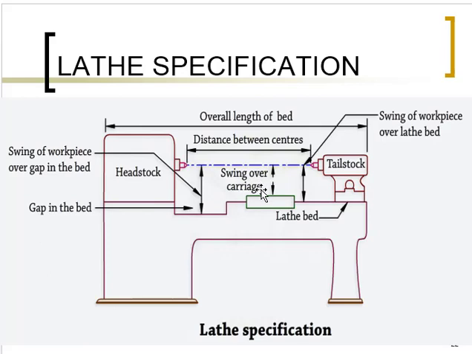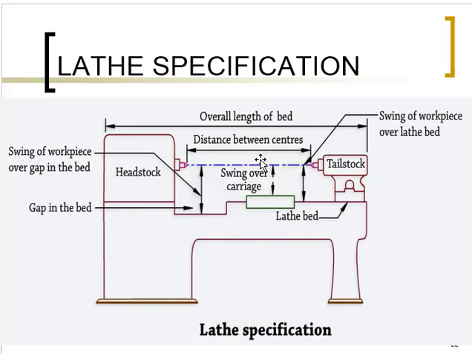And next thing here, if you want to fix a very long workpiece, then definitely we can use only a very small diameter when compared to these two diameters, because there will be the carriage here. So we cannot fix a larger diameter workpiece here, and you can see that this is the swing over the carriage. And all these are the 5 important specifications of the lathe.